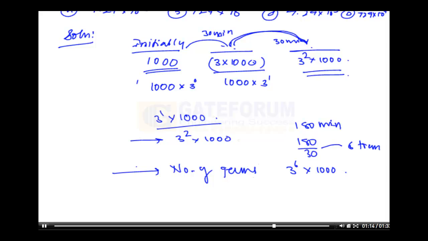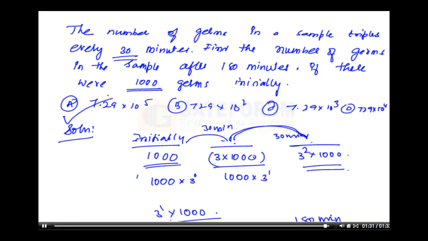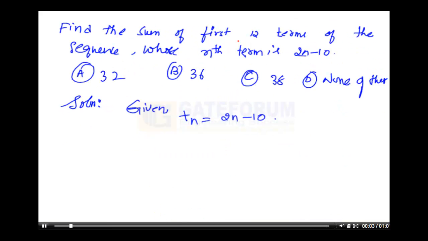Because after the first transaction it is 3 power 1 into 1000. After the second transaction, 3 square into 1000. Similarly, after the sixth transaction, it will be 3 power 6 into 1000, which is 729 into 1000, which is nothing but 7.29 into 10 power 5. That is option A. Find the sum of the first 12 terms of the series whose nth term is given as